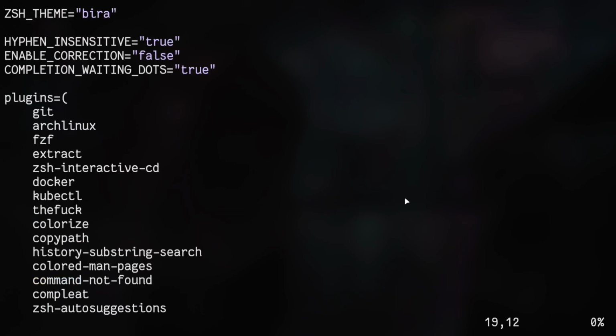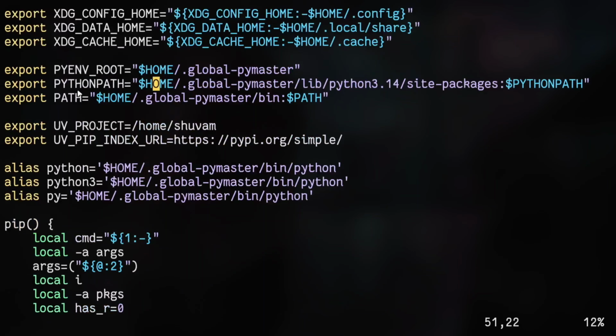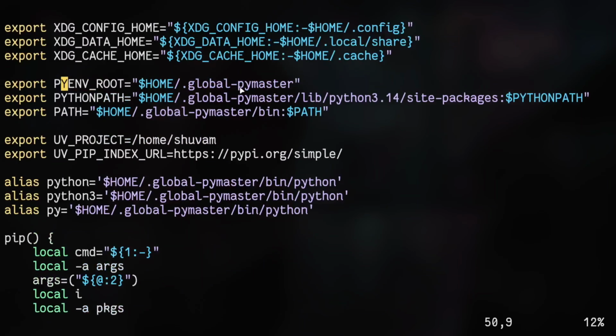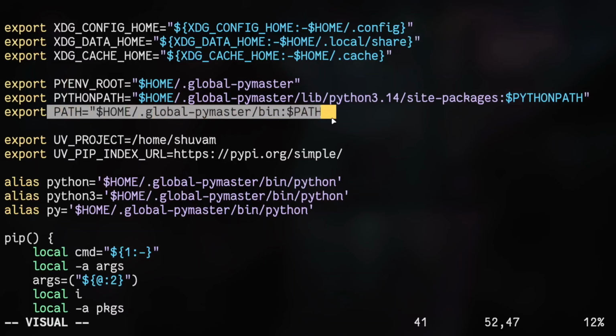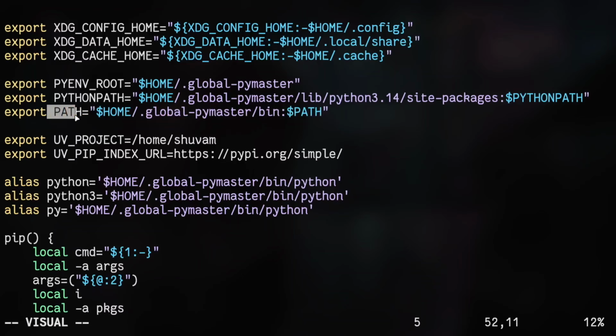Okay, I have set it out in a different manner. Just see here, export like this. This is the Python root and all that. These are different paths. But look at this particular variable. This is what you need. See here, export path equals to